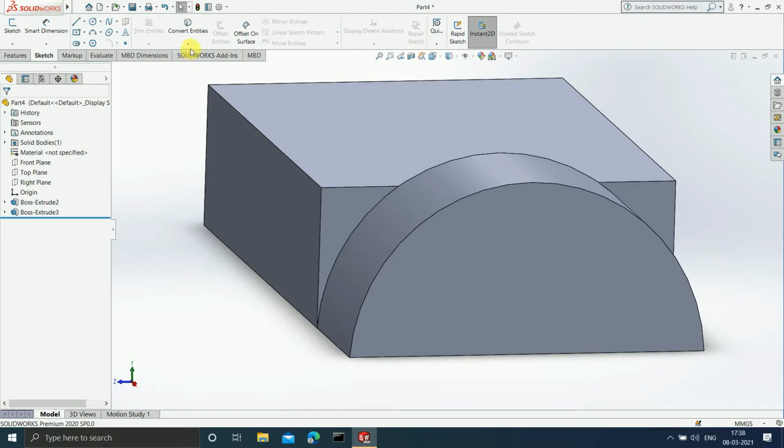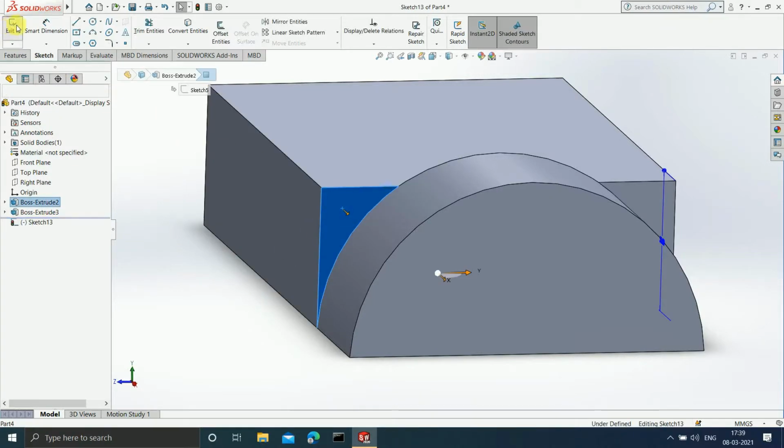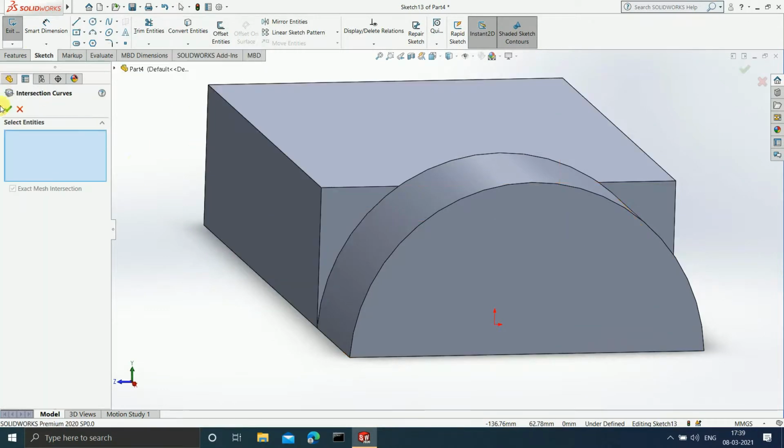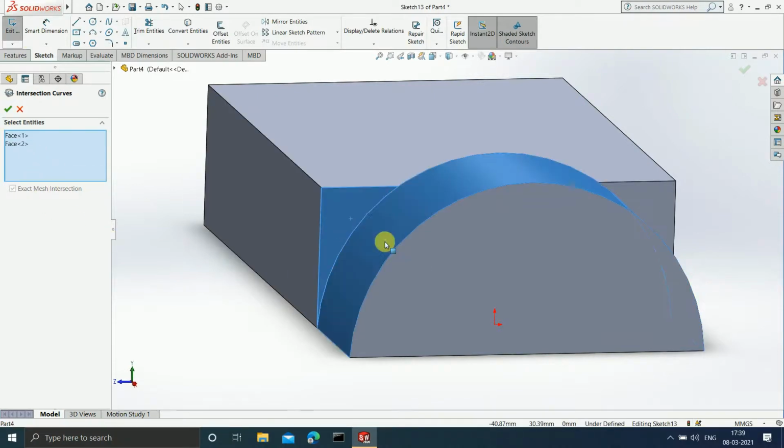Now guys, let us understand how to use the intersection curve feature. For that you must be in sketch mode first. So I will select this particular plane and click on sketch. Now I will go to the intersection curve feature, and it is asking me to select the entities. I will select this particular face and this face.